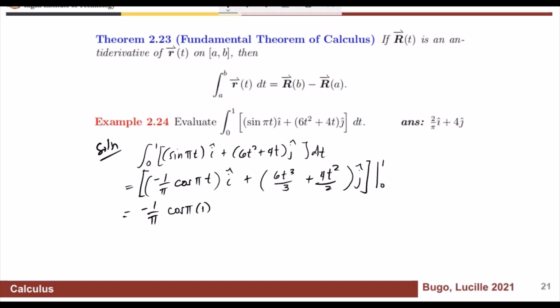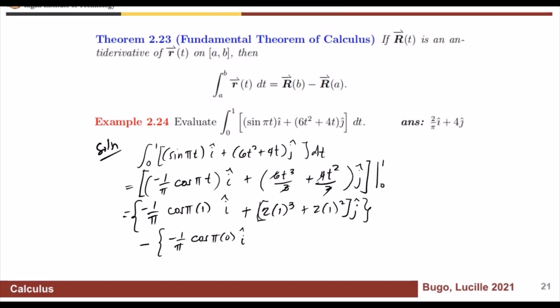negative 1 over π cosine of π times 1 i hat plus, so this is just 2 times 1 cubed plus 2 times 1 squared j hat, minus the value when t is 0, negative 1 over π cosine of π times 0 i hat plus 2 times 0 cubed plus 2 times 0 squared j hat, which is simply equal to negative cosine π over π